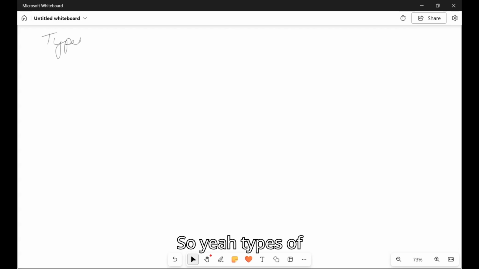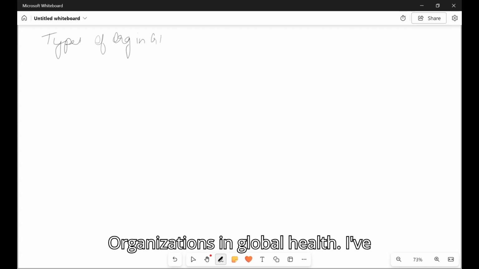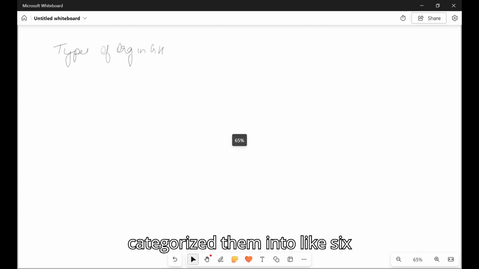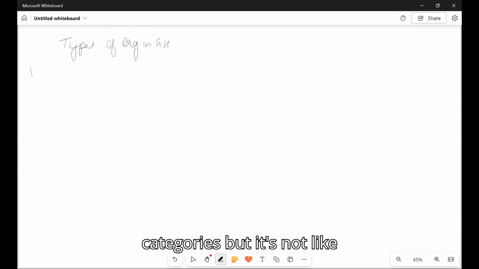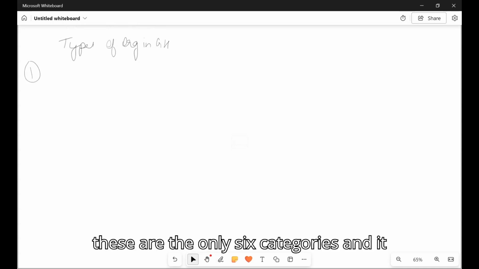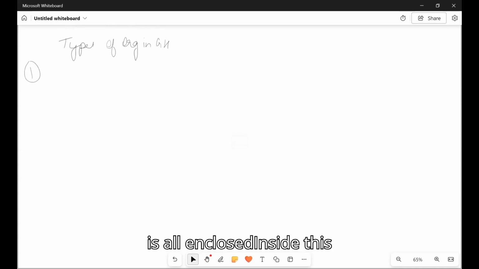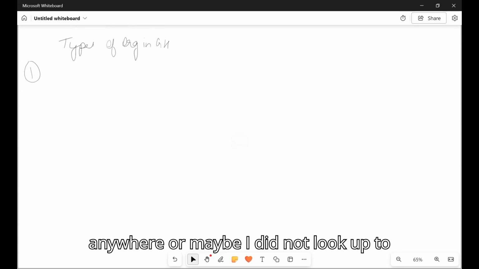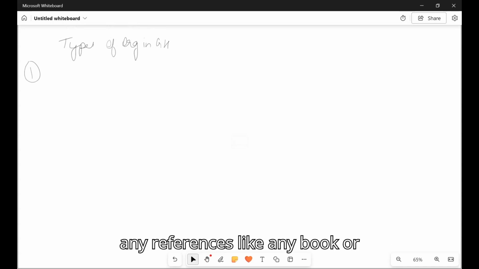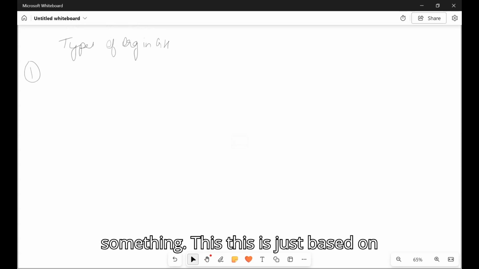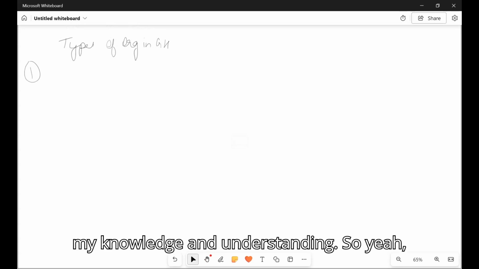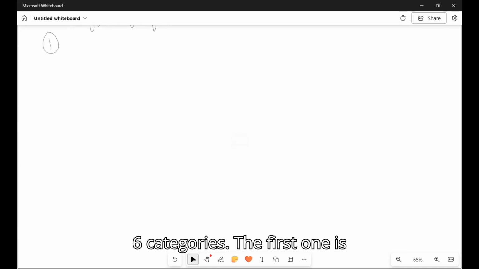So, types of organizations in global health. I've categorized them into six categories, but it's not like these are the only six categories, and it is not all enclosed inside this, because it is not given anywhere, or maybe I did not look up any references like any book. This is just based on my knowledge and understanding. So six categories. The first one is